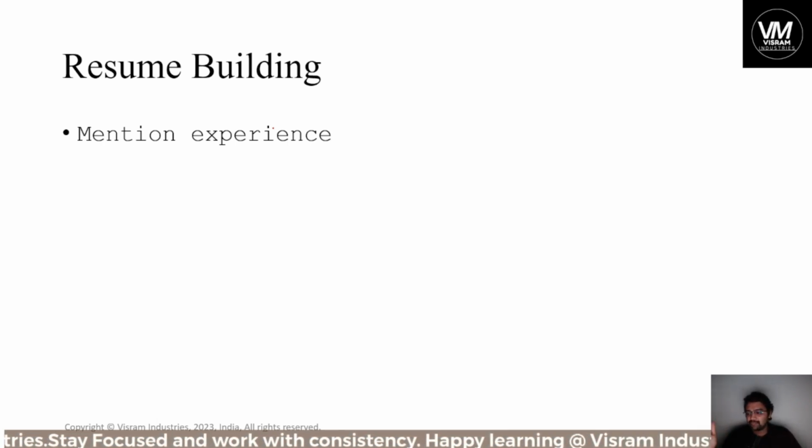Read the articles, have good knowledge, and be ready for interviews with the experience you need to mention. Gain the experience, and this training will give you good experience in terms of FPGA tools and FPGA architecture, and also a good understanding of the design of memories, FIFO, and some synchronous designs, combinational designs, examples of